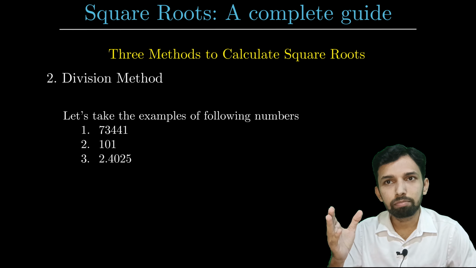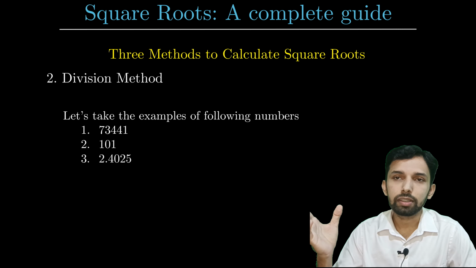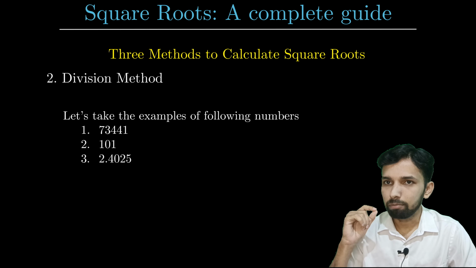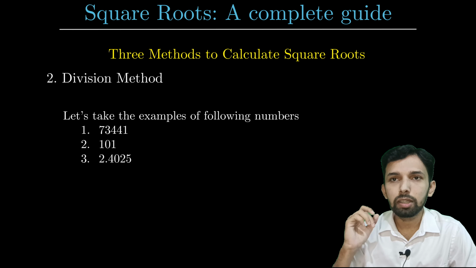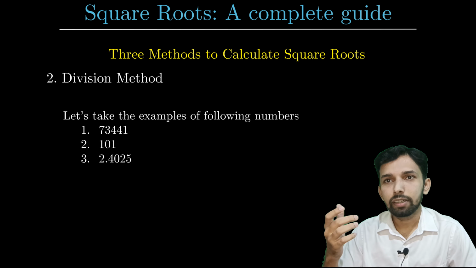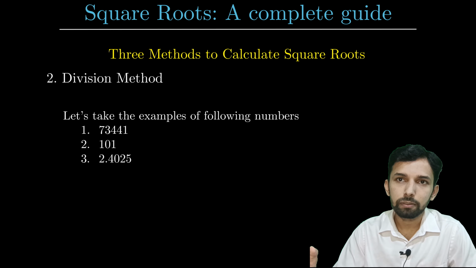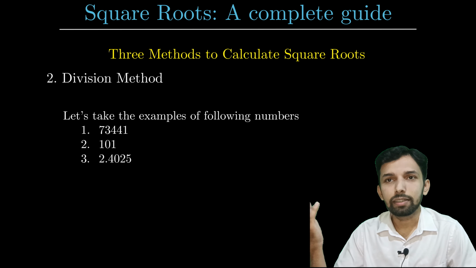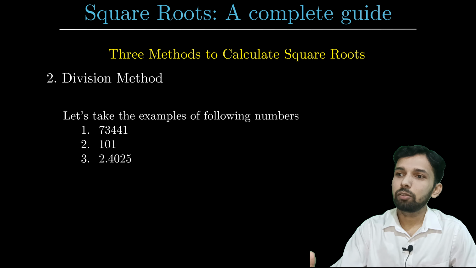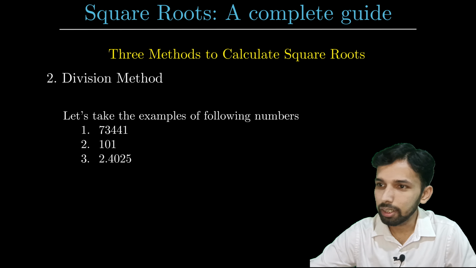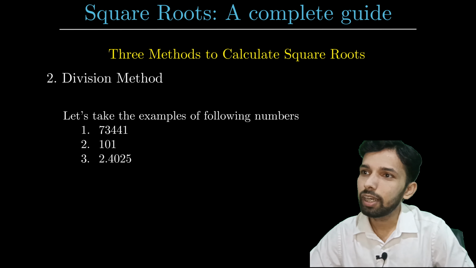I have also seen teachers explaining this method with various kinds of examples, but so far I have not come across any example wherein decimal numbers are explained. But in reality, we can use the long division method for all kinds of numbers. Well, we are not talking about irrational numbers and imaginary numbers. We are leaving all those things, but we are talking about decimal numbers and whole numbers. You can take any kind of number and then you can apply the division method. Let's talk about